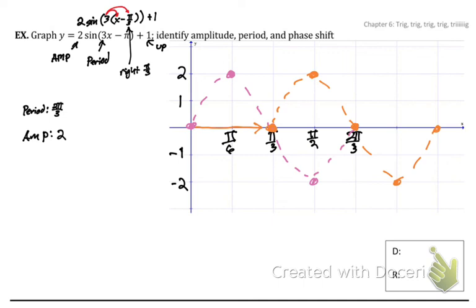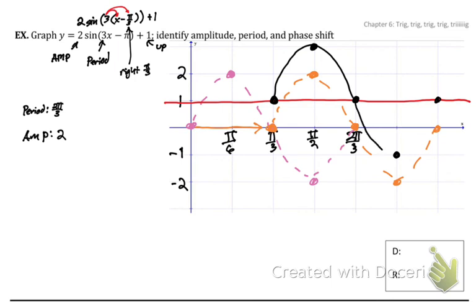All right, we're almost done. Now what we have to do is shift all of the points up 1. That means the sinusoidal axis will also get shifted up 1. So I'm going to draw that first. I'll give my answer in black. So that orange one is going to go up 1 onto the sinusoidal axis. We should be 2 above the sinusoidal axis, back to the sinusoidal axis, 2 below the sinusoidal axis, and back to the sinusoidal axis. And we should label that this is our final